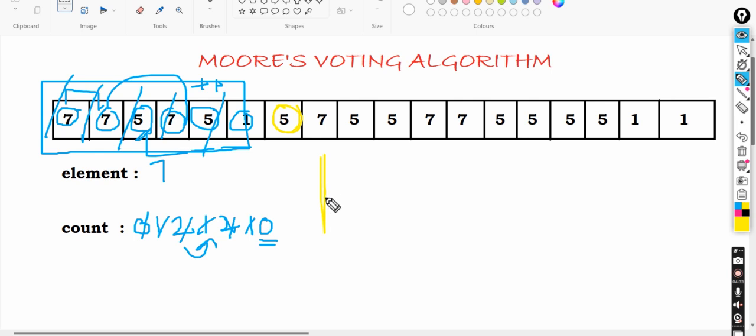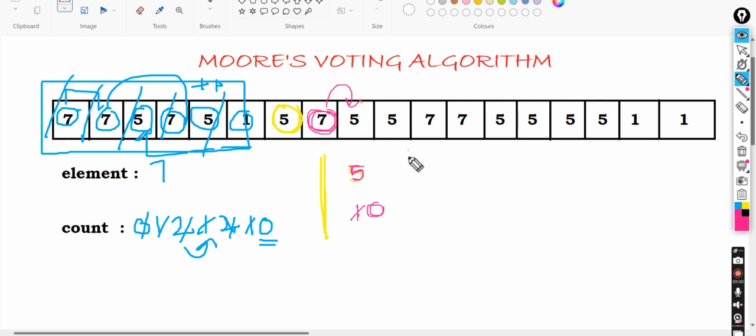So I'll make my element 5 and count 1, because we are starting the count. Now here it came again 7, so within one step it became 0. Now we'll start from a new count.